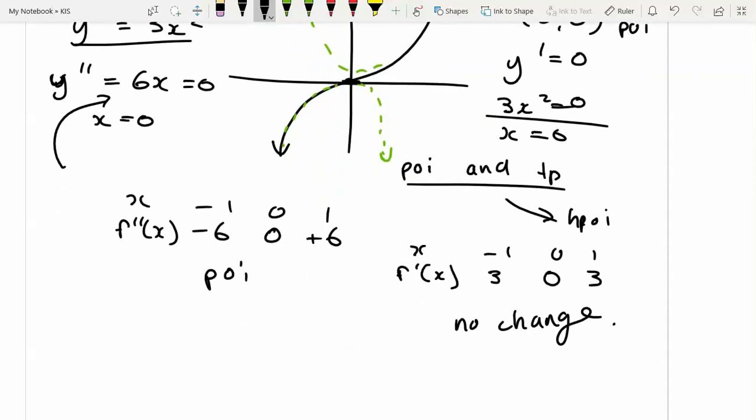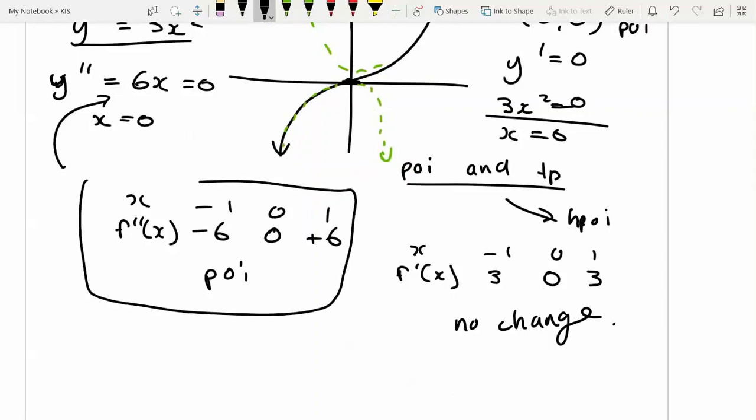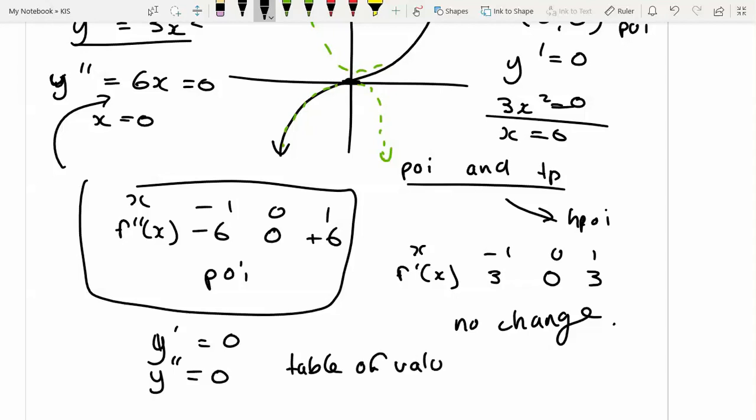No change, right? So to prove that a point of inflection exists, you do not have to test this. To show that a horizontal point of inflection exists, all you need to do is figure out that you have a first derivative equal to 0. So y dash equals 0, y double dash is equal to 0, and then use a table of values for the first derivative